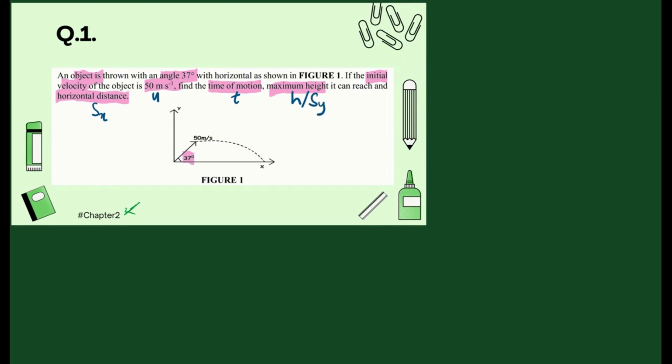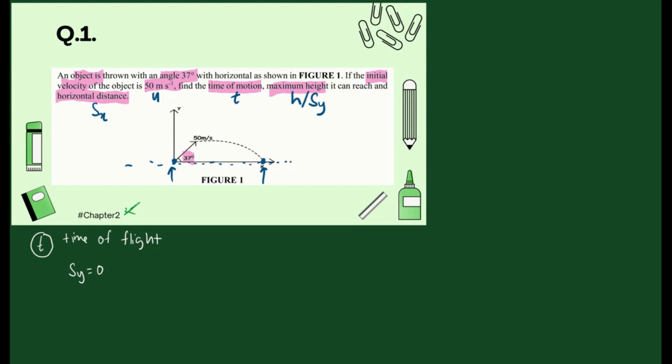So to find time of motion, we actually have two options. The first thing is to find the time of motion, or we call it time of flight. The first method is we have SY equal to 0, meaning that it is the time taken from the initial point until it reached the final point here. You can see that the initial level and the final level are equal, so SY is equal to